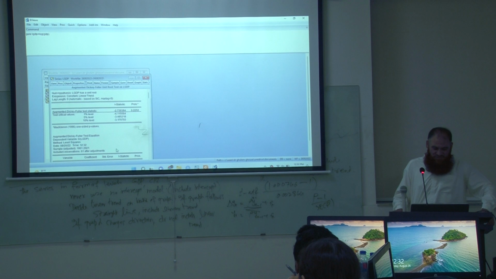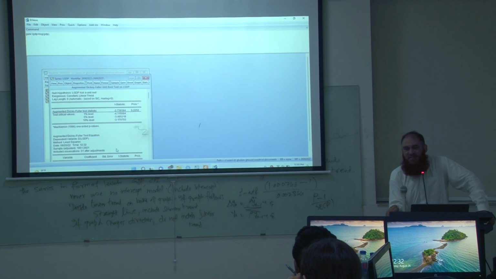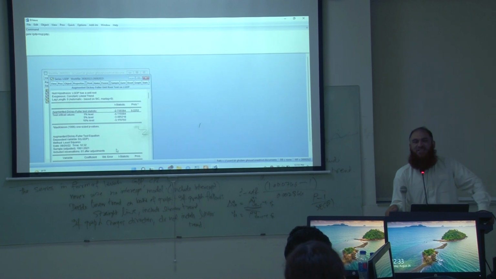This is your output. This is negative, yet not smaller than the 5% critical value, so the unit root is not rejected. This is what I have discussed about the level series, but if you have the difference form of the series,